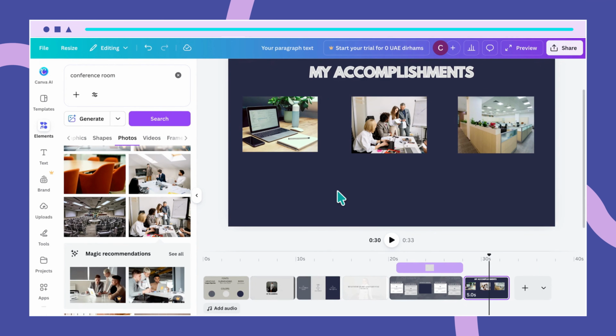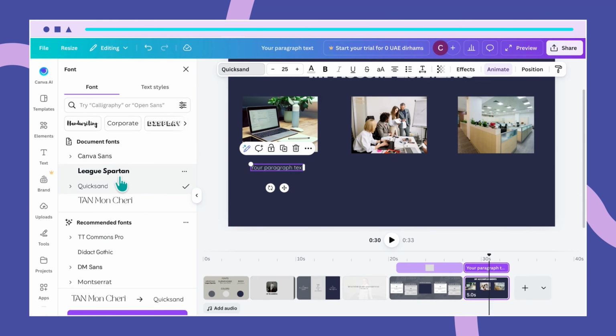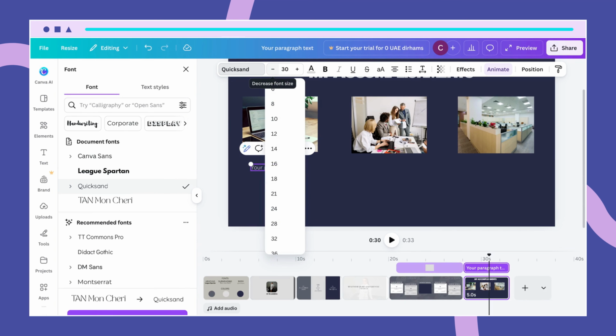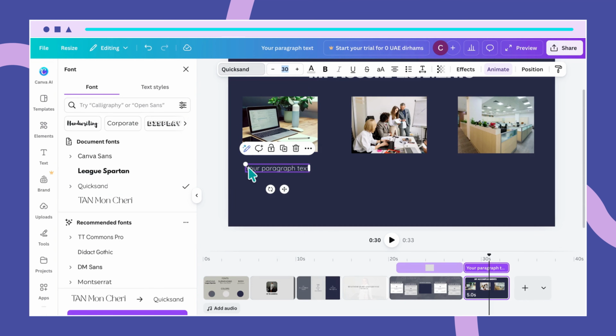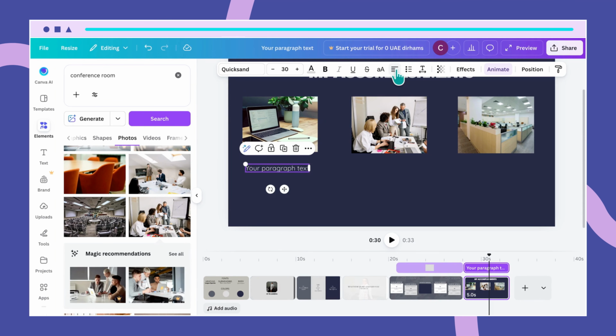To do that, I'll click on the page and then press the letter T. That's the text right there. I'll change the font to Quicksand in the font section. Click on Quicksand and then I'll change the size to 30. Next, I'll be typing in here. First, let's align this left and then I'll type in I resolved problems, enter,